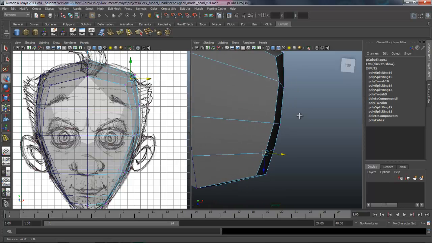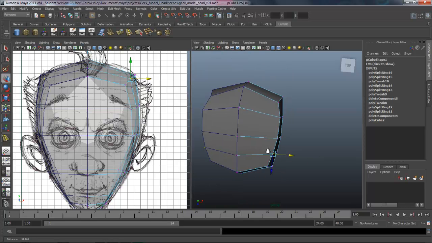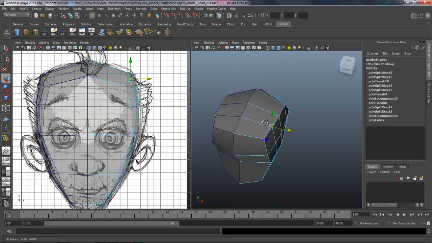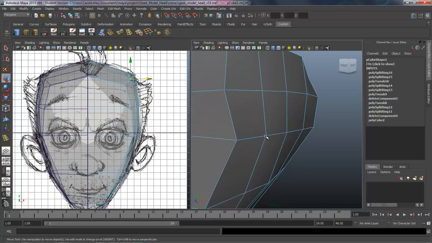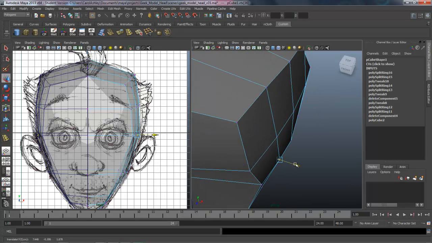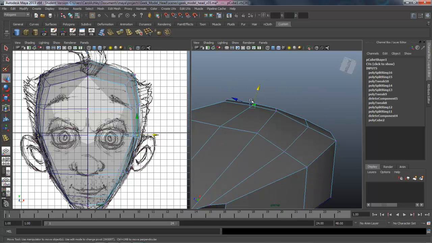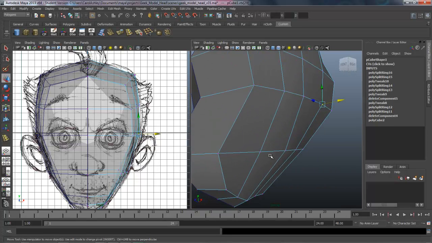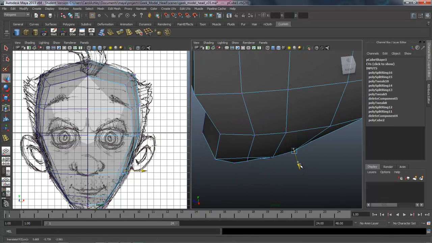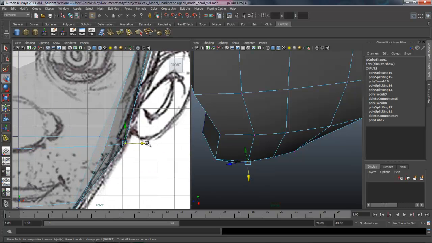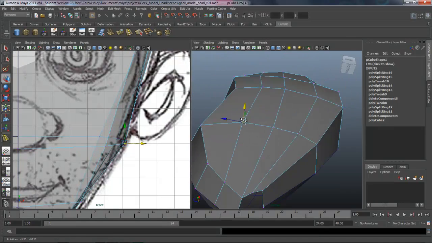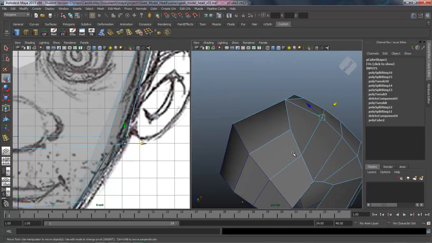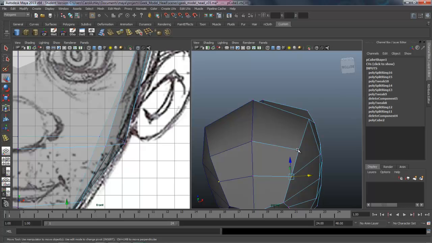Same thing here. So we're getting the curvature kind of looking down on the top of the head. And then same thing here. This is flattened out. Let's pull some of these points out. And you kind of need to move the head around to sort of get the best angle to view this stuff at. So let's round this out. This is his cheek. So I'm kind of bringing it out here. Okay. And same thing here.